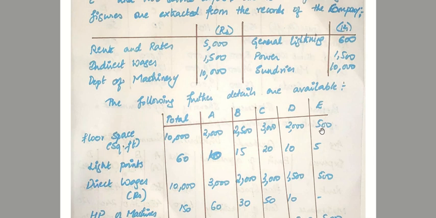20:4:5:6:4:1. So 5 ones are 5, 5 fours are 20, 5 sixes are 30, 5 fives are 25, 5 fours are 20 and 5 twenties are 100. So like that you can bring down these amounts into ratio, keeping 5 as your base. So your light points ratio will be